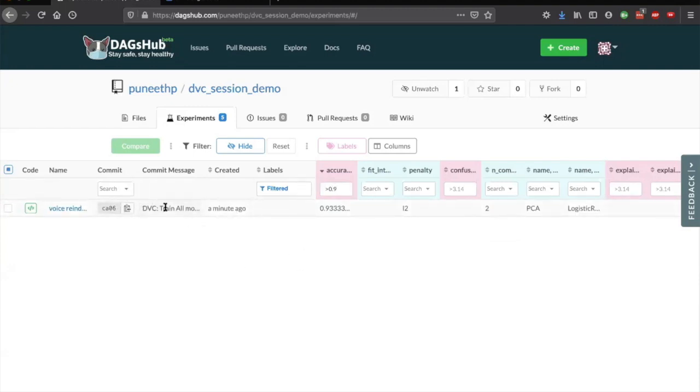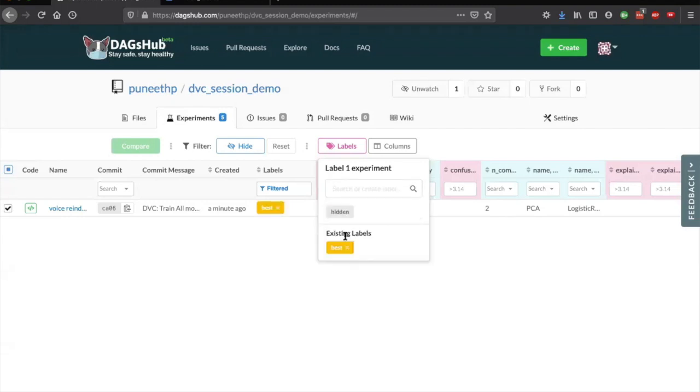So I can select this model label as best. So yeah.